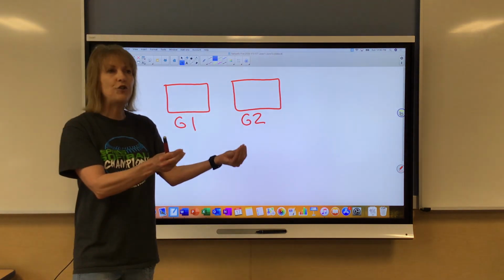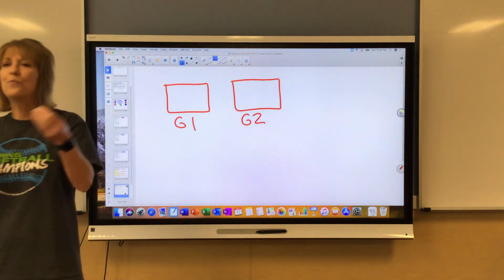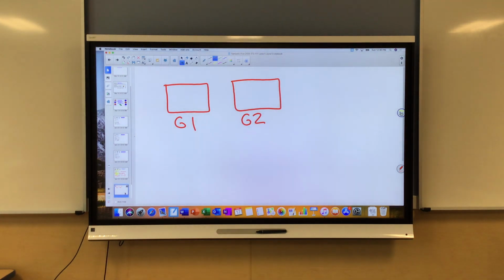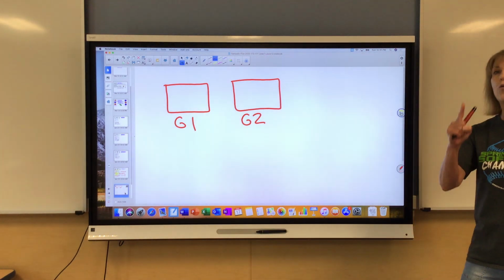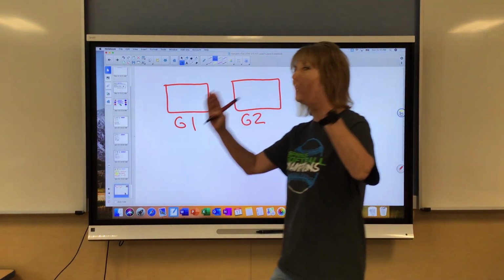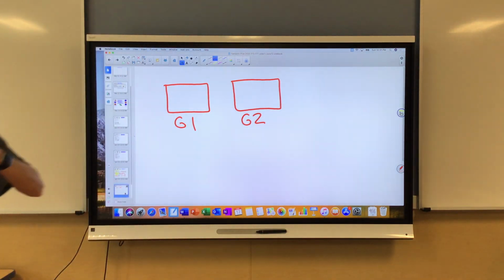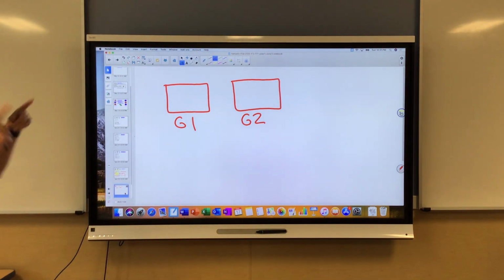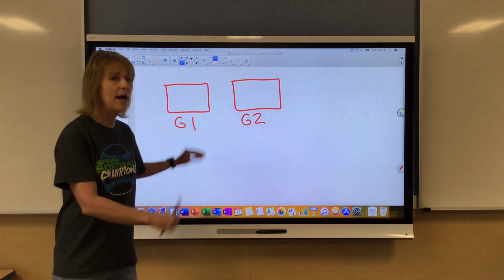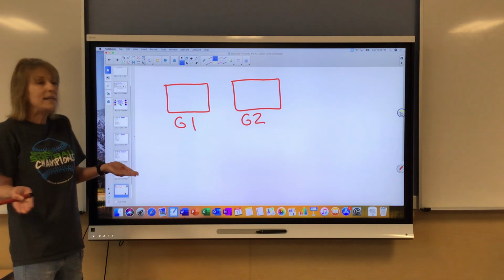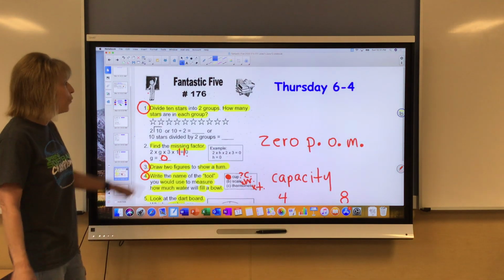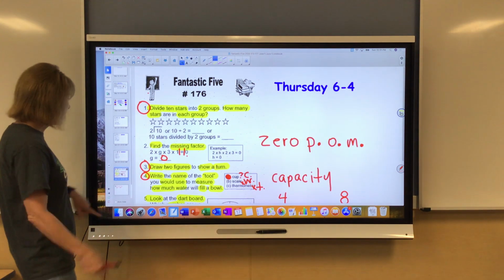Am I going to put those stars in those rectangles by groups, or am I going to put them in one by one? Remember, when you're doing division, you have to make equal groups. Everybody has to get the same amount. It has to be a fair share. Come on, Codebug. All at once or one by one? Codebug says one by one. When am I going to stop counting? When I get to what number? 10, because I had 10